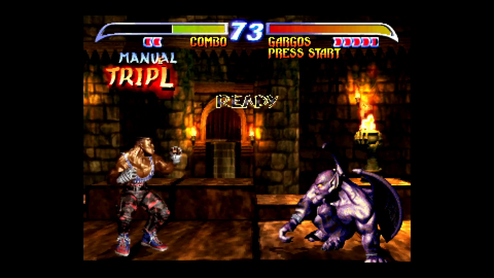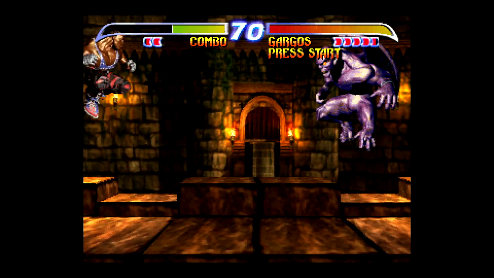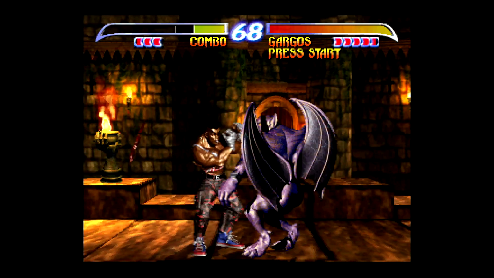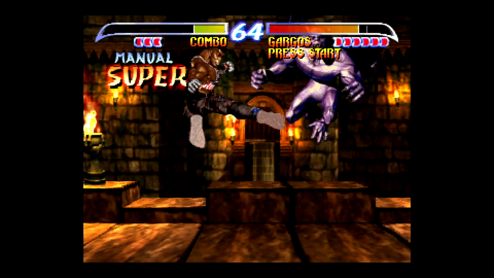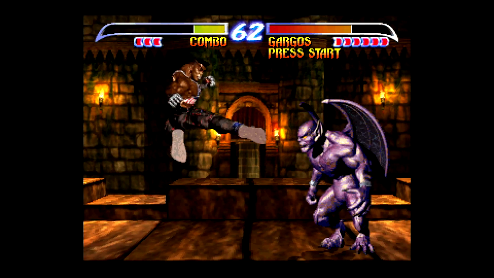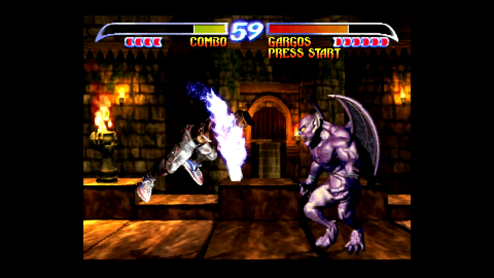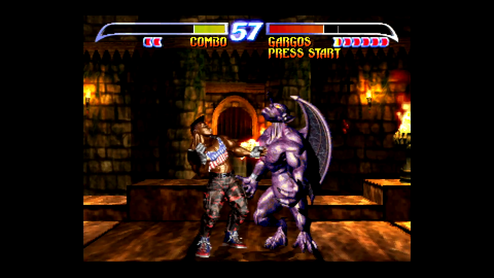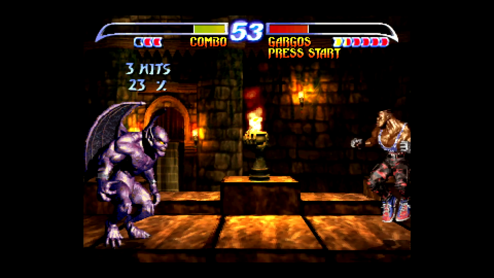But you want to not be really close to Gargos when you do it, because he tends to throw his little stubby kick out and will interrupt your attack. So you want to be a little ways away from him, and the shockwave is pretty big, so you kind of do it from back here, right? And then when you get him down to the end,